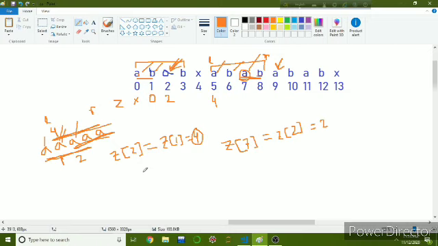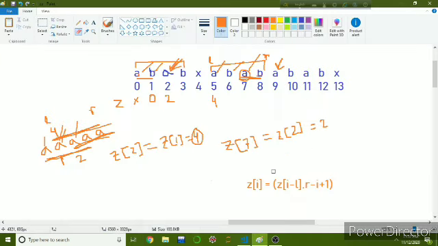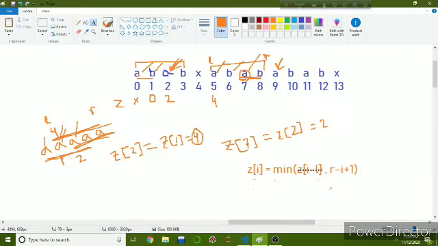So if we are trying to find the z value at index I, that will be the minimum of the z value at the equivalent index, that is z of I minus l, and if there are fewer characters than z of I minus l left, like this case, then it will be the number of characters left, that is r minus I plus 1.